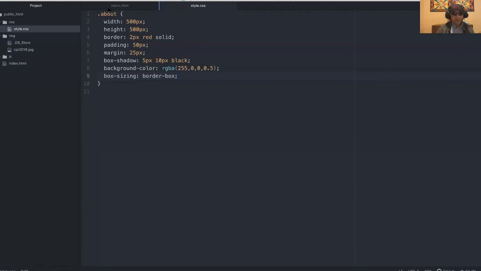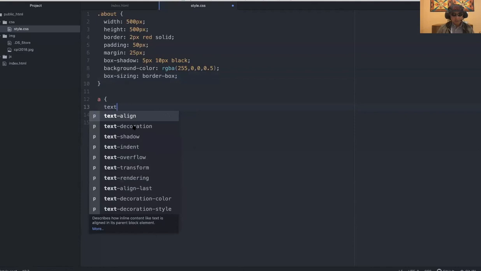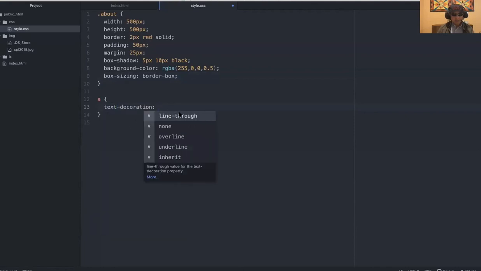and we'll get out of this about div, start a new thing. So maybe for all of the links in our page, we'll just use the A. So HTML tags, you can just type out like this. We want our curly brackets. And then inside that, we want text decoration. Now we have many options here. What I want to do is, I don't want the line underneath, so we'll click none, save this,